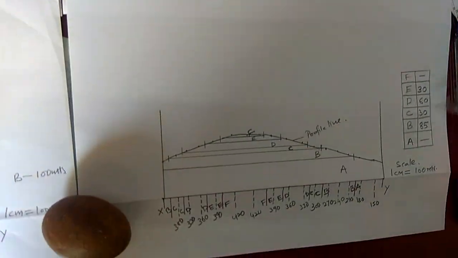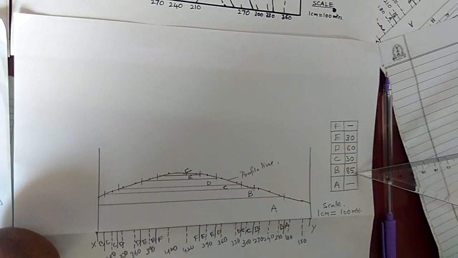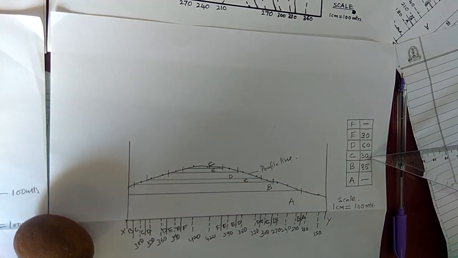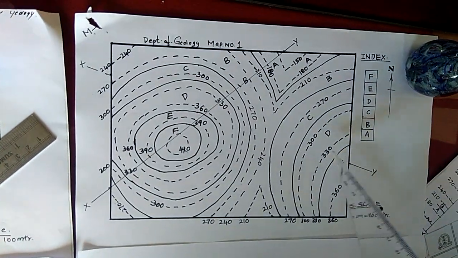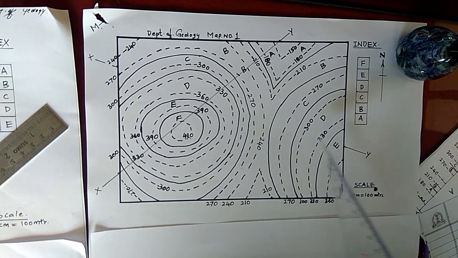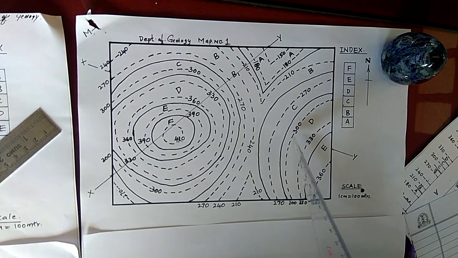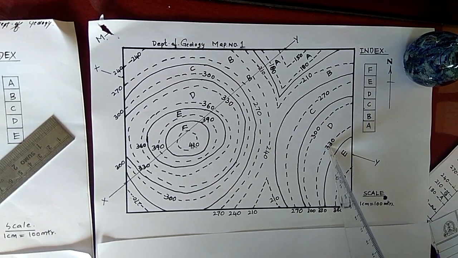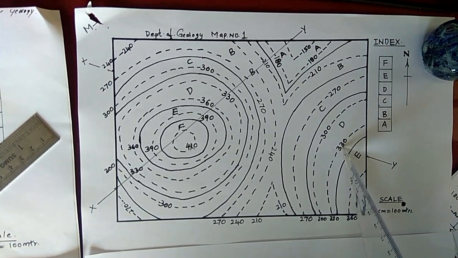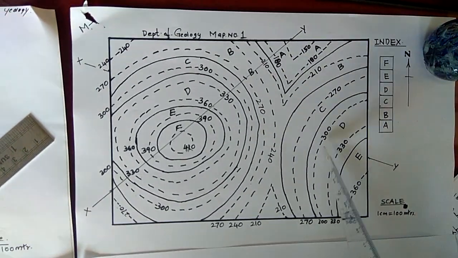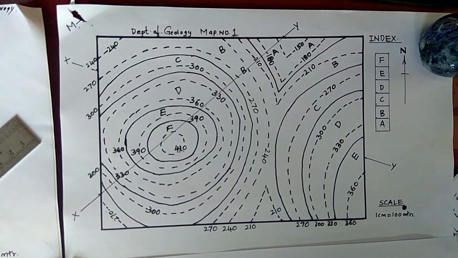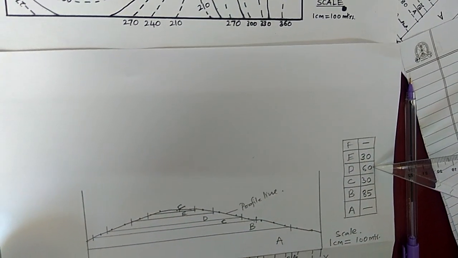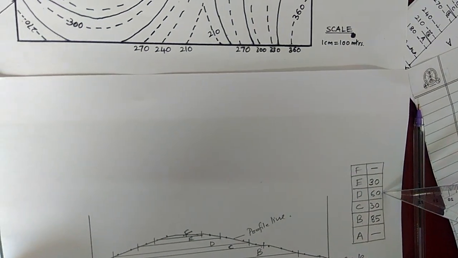According to the drawing, we have already traced out the thickness. If you want, you can cross check. It is almost all same. If you choose the D bedding plane, here in this D bedding plane we are coming across two contour lines. One contour line is having a 30 meters value, means two contour lines means 60. So D is supposed to be 60 meters. After drawing, you are supposed to get 60 meters here. You have got it. So almost all we have drawn correctly.